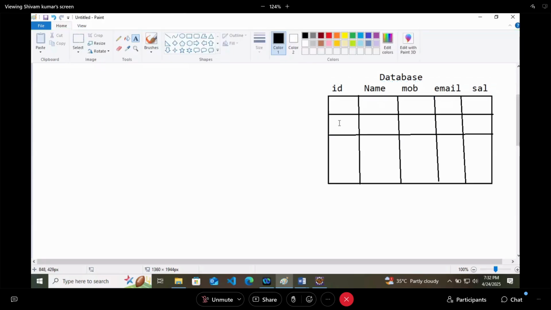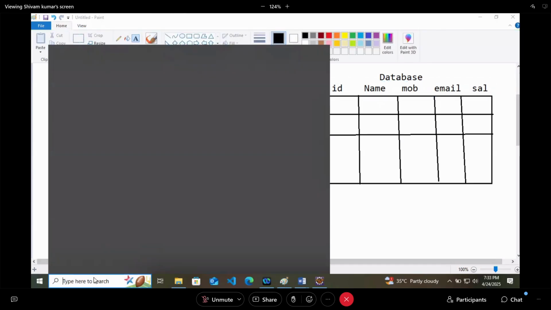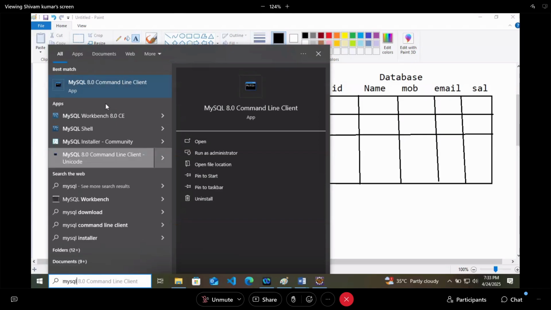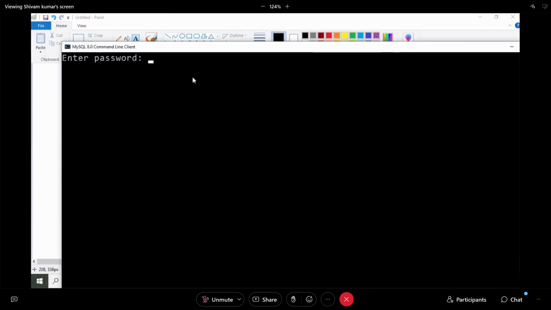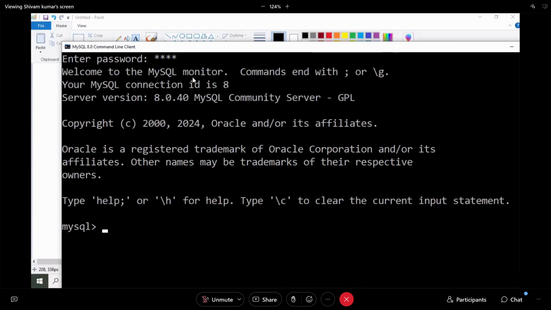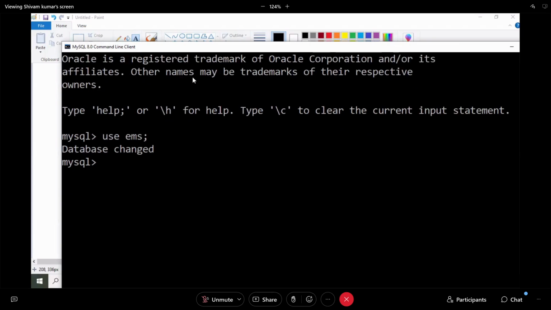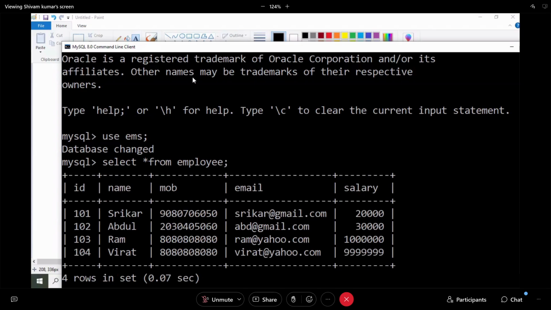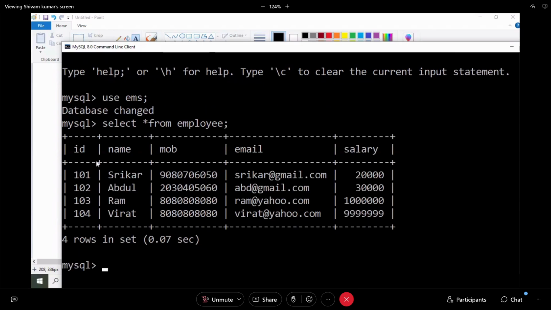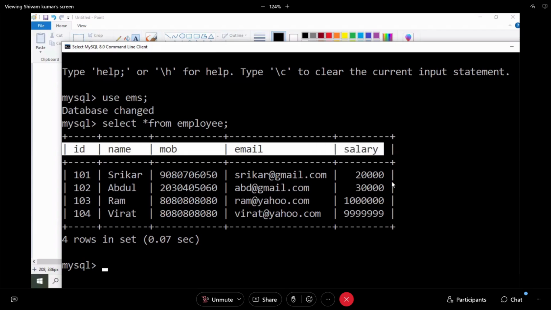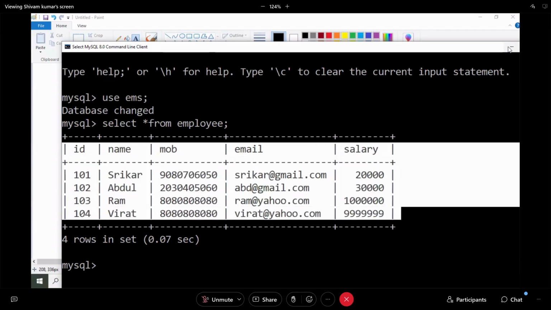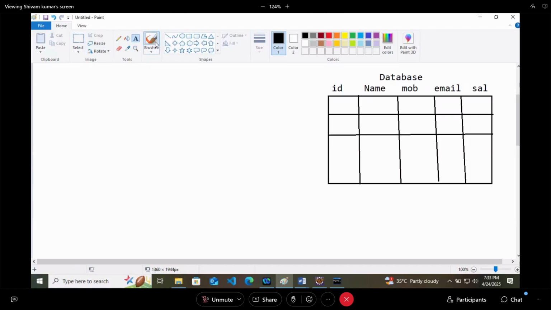I will show you the databases because we have the same table. So this kind of table we have in our database, and some values are written, any values.